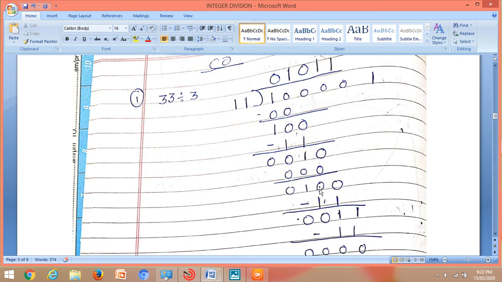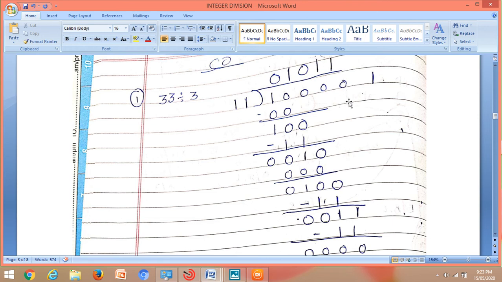Now repeat the same thing, 100. So again 11 into 1. The answer I am going to get is 0011, again 0011. So this 11 could be subtracted from this 11. Therefore 11 multiplied by 1 is 11, and taking the subtraction, the answer I am getting is 0. So it is obvious that 33 divided by 3, the remainder will be 0 and the quotient will be 11. And you can see that the quotient 1011 is nothing but the binary representation of 11.